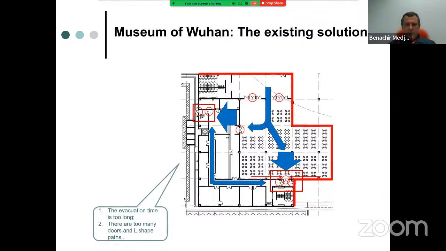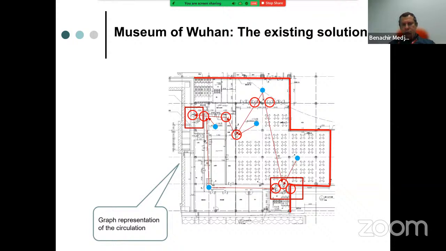From this, we generated a graph representing the circulation of the existing solution. That's the first thing we did. The graph representation mirrors the circulation very well, and offers a great possibility to use certain techniques in artificial intelligence which are based on graph theory, on the mathematical side.